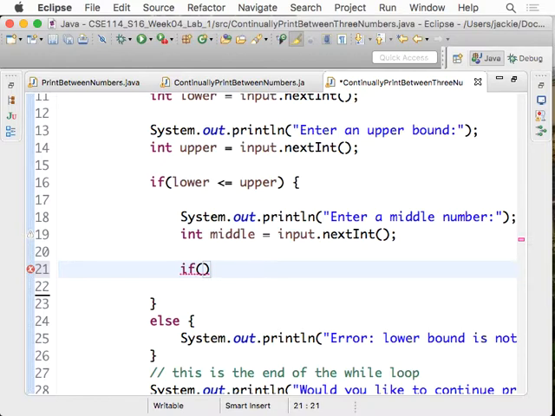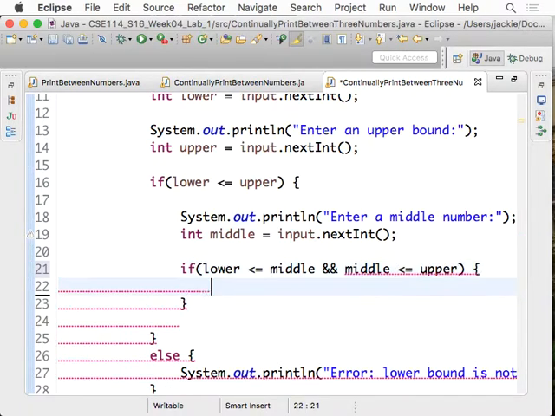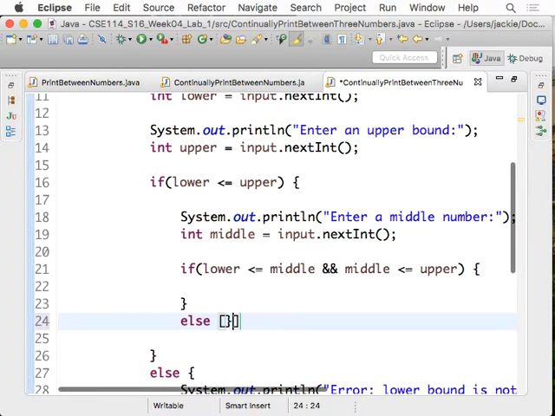Okay. So somehow you want to say this part is the case: lower less than or equal to the middle, and also this part is the case, like middle less than or equal to upper, right? That's something you want to do. You can say if lower less than or equal to middle, and middle less than or equal to upper. Okay, rather easy. Otherwise,